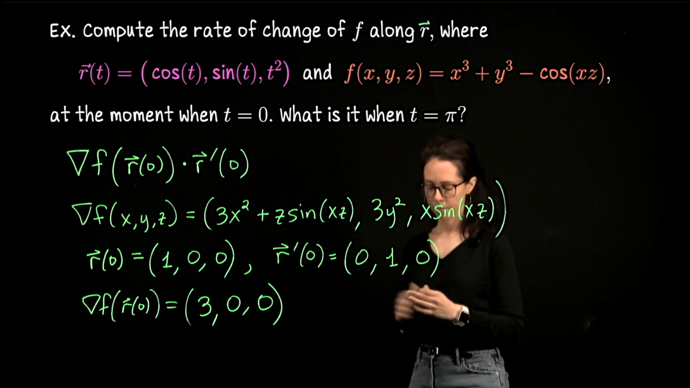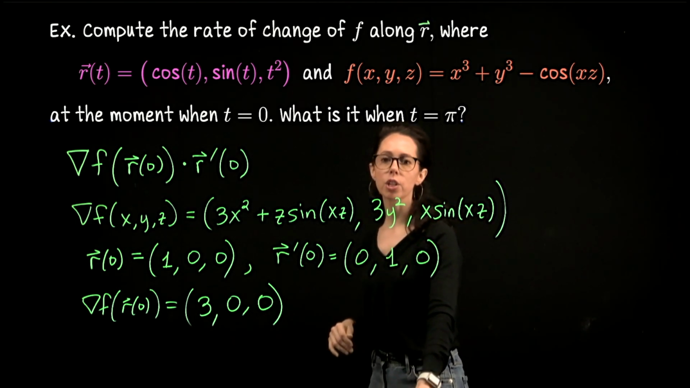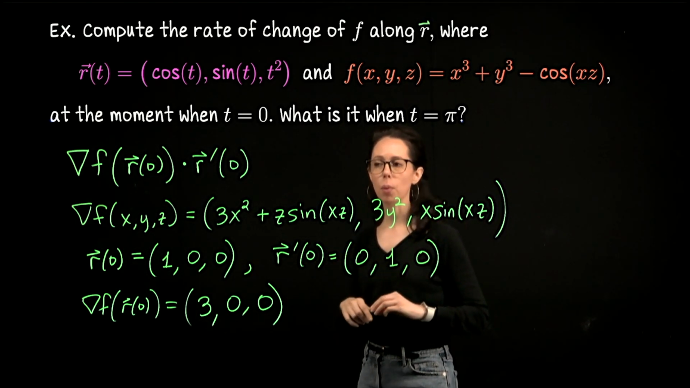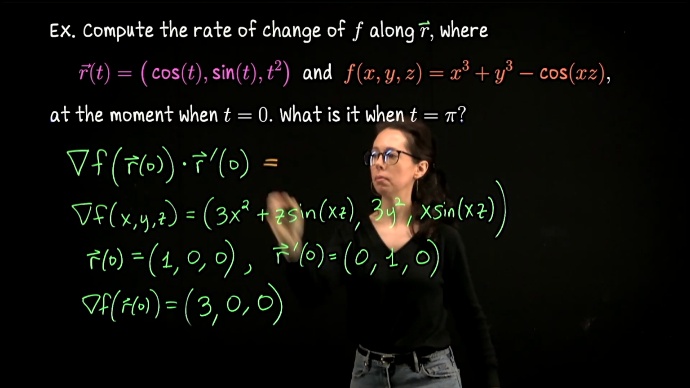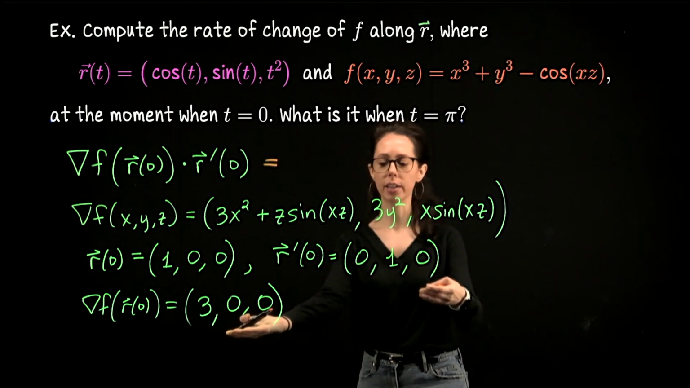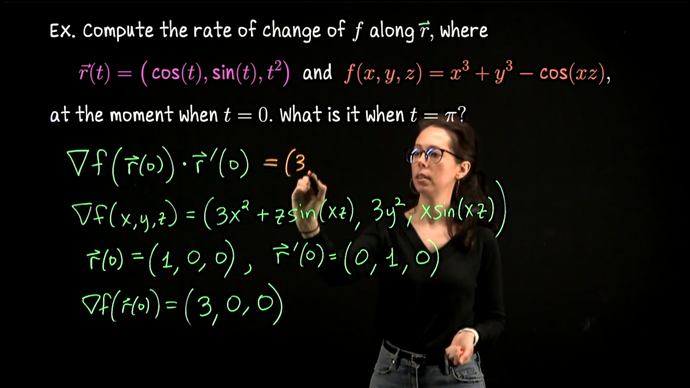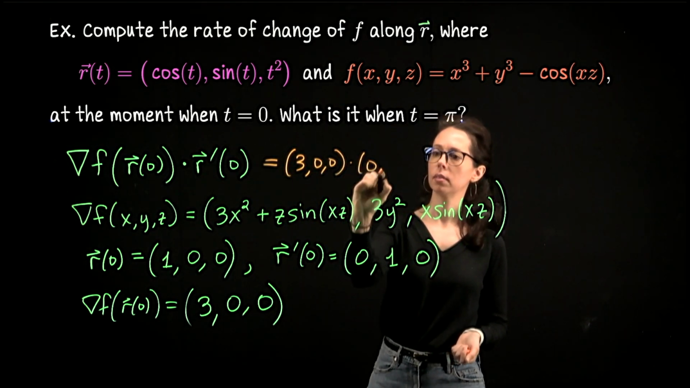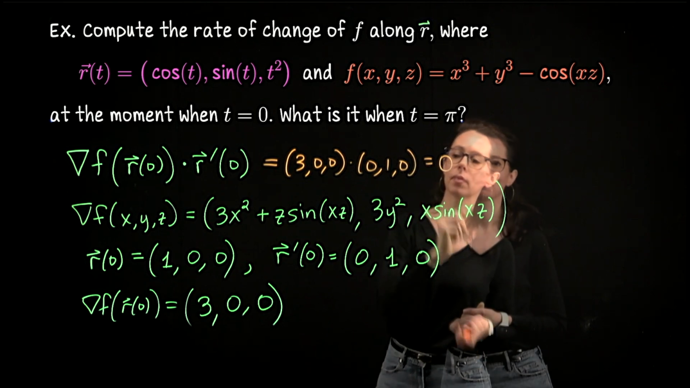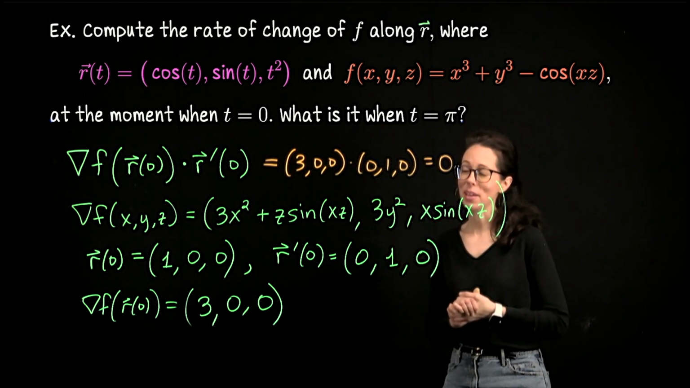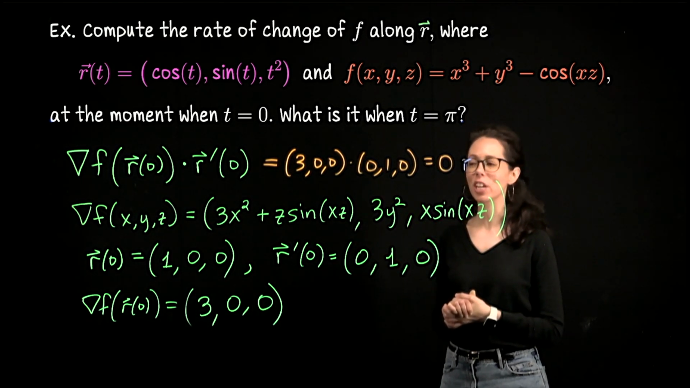So actually, I can now tell you the rate of change of f along r at the moment when t equals 0 right here. So we'll do the dot product. It's the dot product of this vector and that vector. That's going to be 0. Okay, so in my opinion, this was the nicest way to get to the rate of change of f along